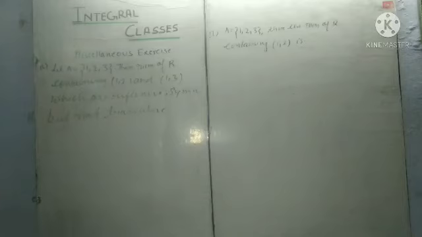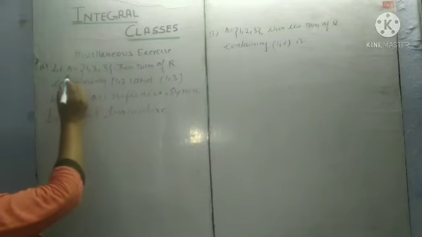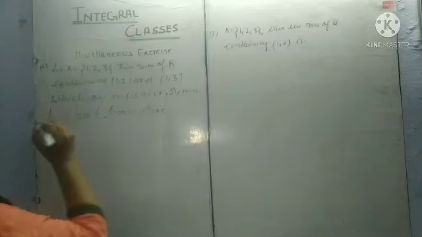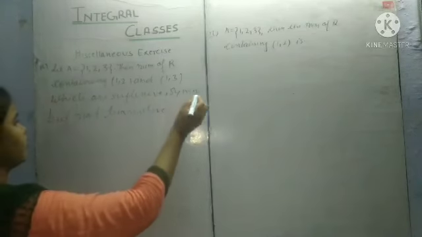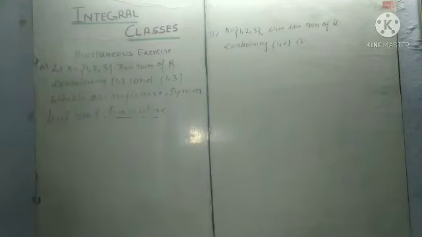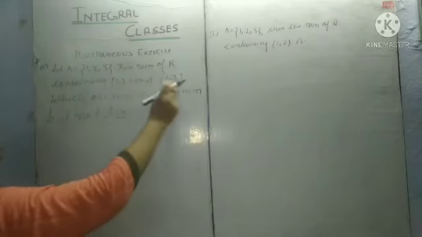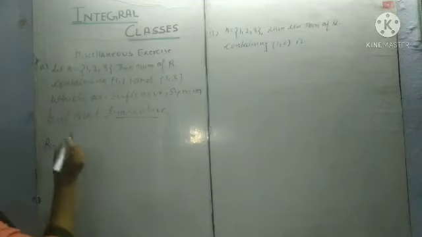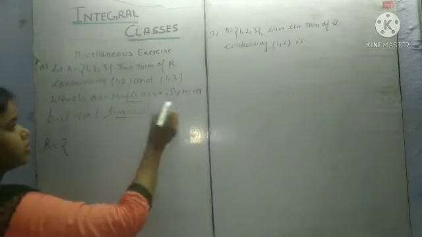Now in question number 16, we have given set A equal to 1, 2, 3, and we want the number of relations containing 1 2 and 1 3 which are reflexive and symmetric but not transitive. So student, we will write the number of relations which contain elements 1 2 and 1 3. R is a relation and it will also be reflexive and symmetric.